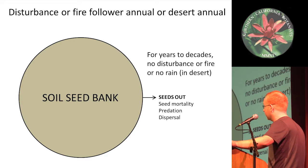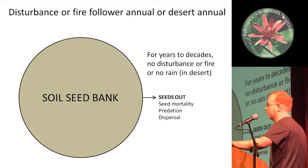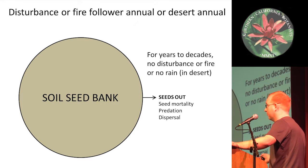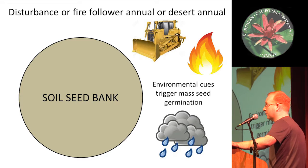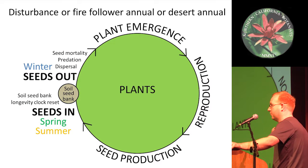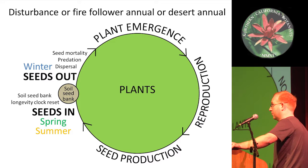So here's another model of a similar situation, such as a disturbance or fire, where in the beginning you have a very large soil seed bank that for decades had no disturbance or fire. It's essentially been resting, sitting dormant in the soil for all those years, and maybe losing a little bit to seed mortality, predation and dispersal. Then, in the example of chaparral, you have some soil disturbance or fire come along, or in an extreme environment like the deserts, think of the Death Valley super bloom, and that will essentially trigger a mass release of the seeds from the soil seed bank,